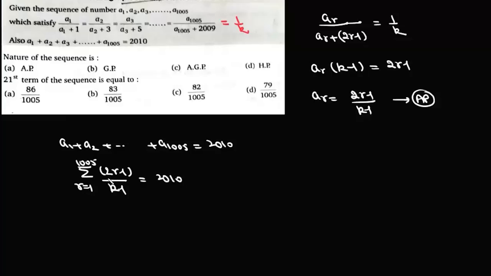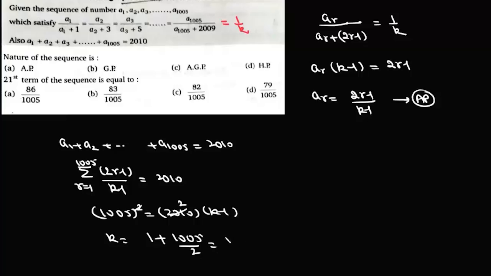Now sum of first n odd natural numbers is equal to n square. So it will be equal to 1005 whole square, and this is equal to 2010 into k minus 1. Now if we cancel this, it will be simply 1005 by 2, or k will be 1 plus